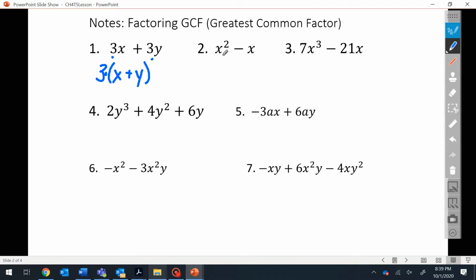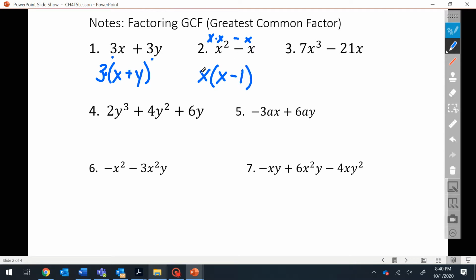Now, if we look at x squared minus x, you've got to think about what x squared is. X squared is x times x. And x is just x. So what this really is, is x times x minus x. We can tell that a divisor of x squared is x, because x goes into x squared. And a divisor of x would also be x. So in this case, we can factor out an x. And if we factor out an x from x squared, all we're left with is an x. And if we factor out an x from minus x, we're left with a minus 1,